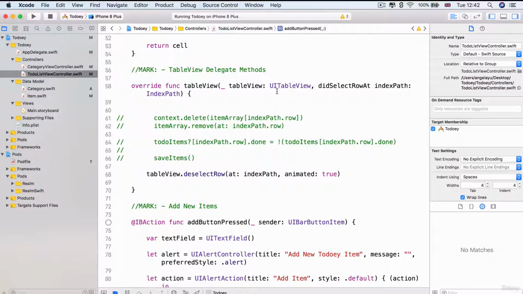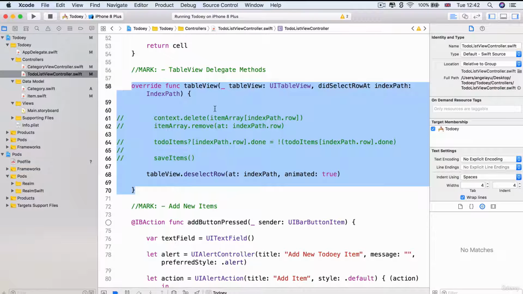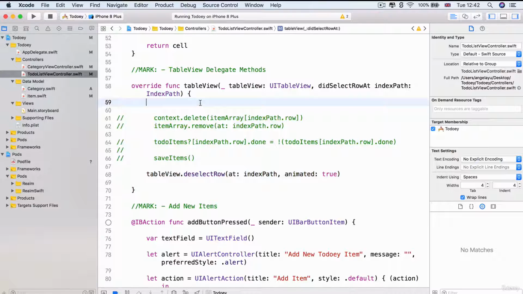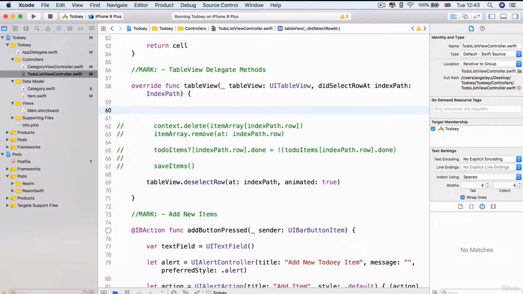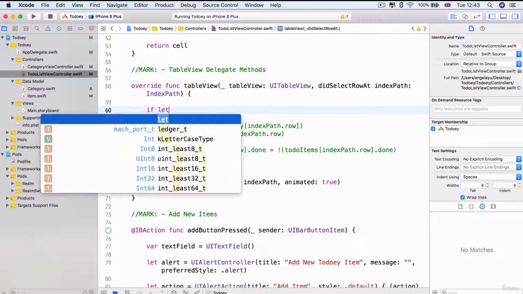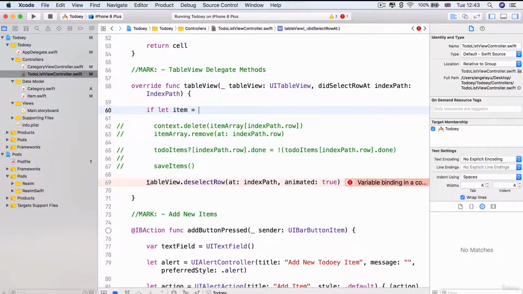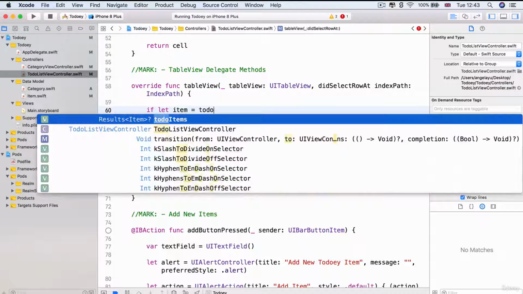So the place that makes the most sense to update our Realm is again inside our didSelectRowAt indexPath method. And this is the place where we select a cell inside our table view in order to check or uncheck it by toggling this particular done property. So we're going to leave all of this commented out, and I'm going to show you how you would do this using Realm. So what we can say is, if let item equal the toDoItems, which